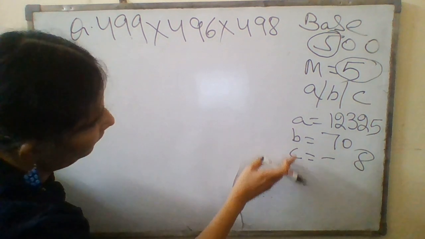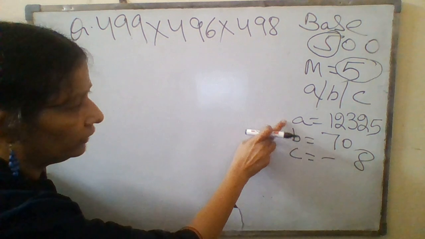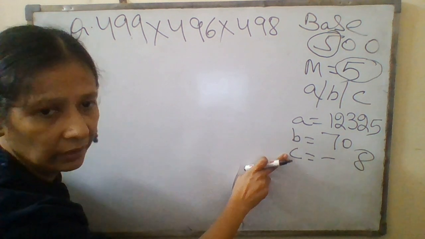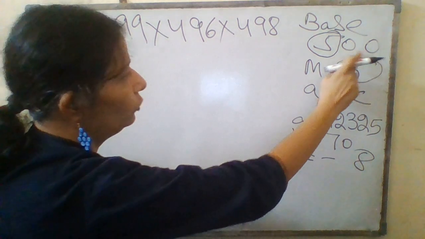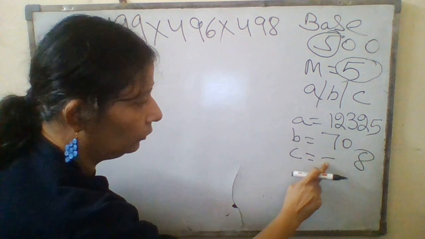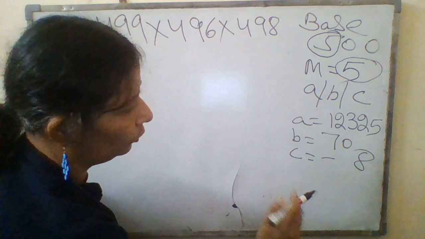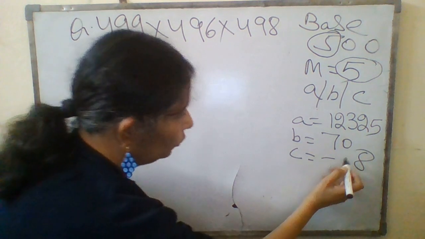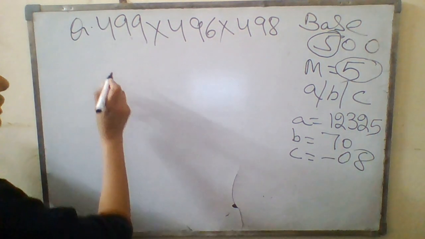Now you see here values of A, B and C I have written here. See, ignore this A. You have to check the value of B and C. And in B, see, you have two zeros in the base, and in B you have two terms. But look at C. In C you have only one term. So I told you that you have to make it two terms. So you just put the zero before it. Now you put the values.